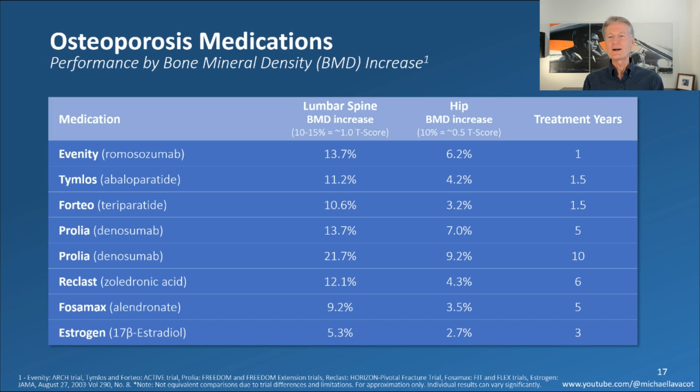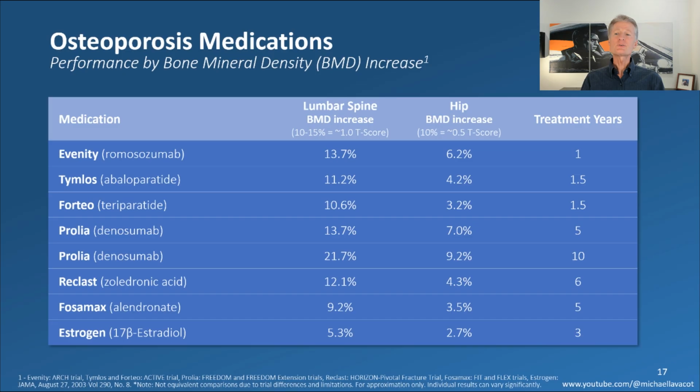Which brings me to a question that got asked during the World Congress on Osteoporosis to Dr. Reginster. He was really talking about Tymlos, and someone said, hey, can you tell me a time where you would use Forteo over Tymlos? And he said, no, never. And then he corrected himself and said, well, if you can't get Tymlos and Forteo is the only thing available, then I would use Forteo. Now, I did find one other reason why you might want to use Forteo instead of Tymlos, but it has to do with combining drugs. And I'll show you a slide on that in the backup. There was a doctor that explained that. I'll try to cover that.